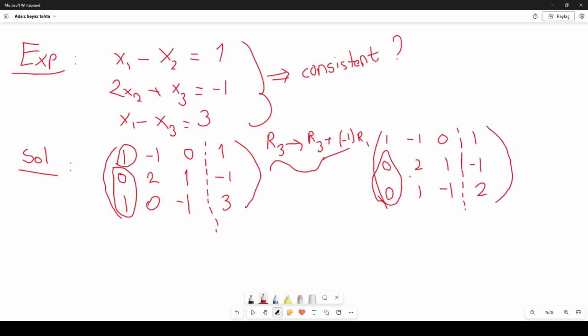So we are done with the first row and the first pivot element. Now the second pivot element is 2 here, right? So the first non-zero element in the second row is 2. So this is the second pivot element, and I need to eliminate the values below it. So this one should be 0, right? And how can I do that? All right,